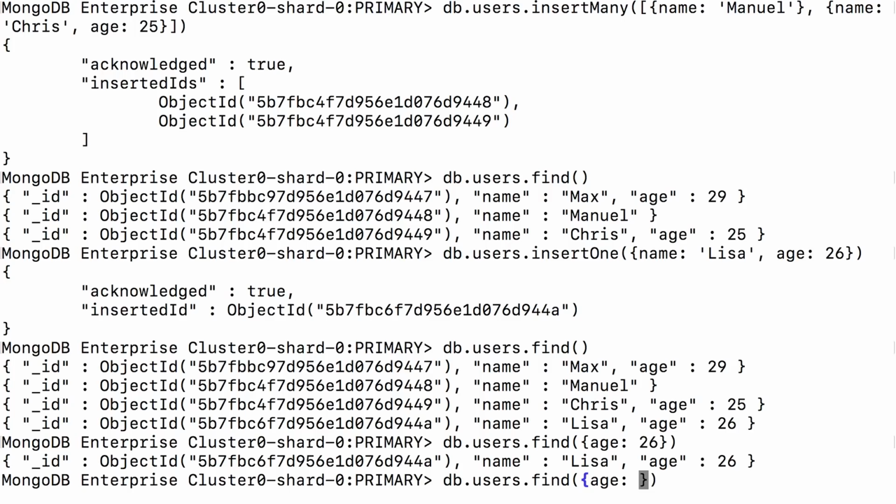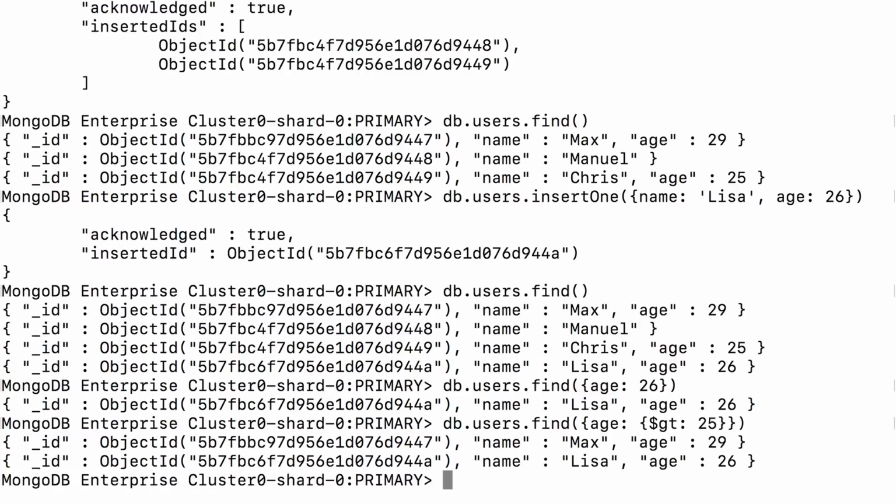But I wanted to find all persons with an age greater than 25. And for that, we can use a so-called query criteria. I add another set of curly braces as a value for the age here. And in there are a couple of reserved operations or helpers we can use. And you can find them all in the official docs. These all start with a $, and then there is the $gt, the greater than helper. And now I can define the value, which is the value I want to have, or I want to find records which have a greater than value. So if I enter 25 here,